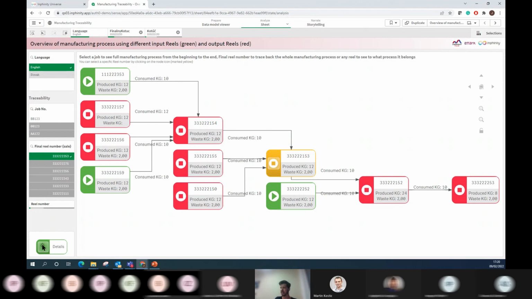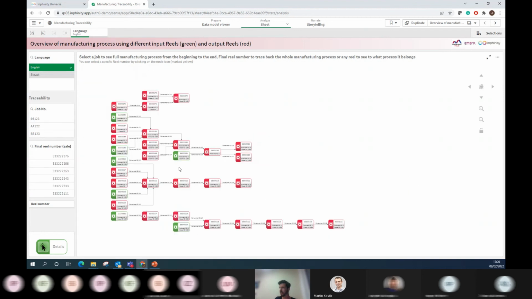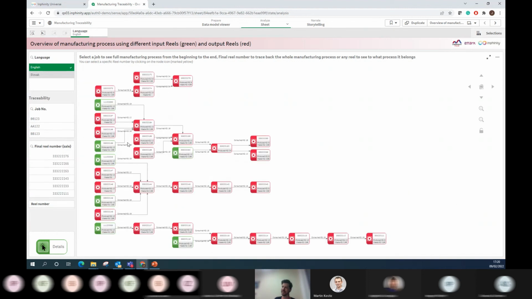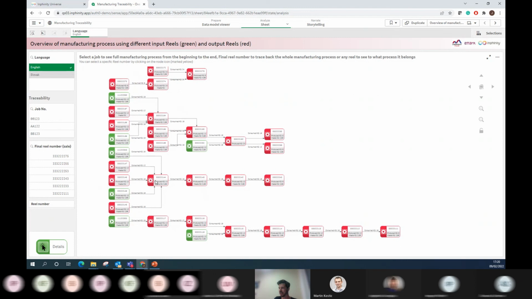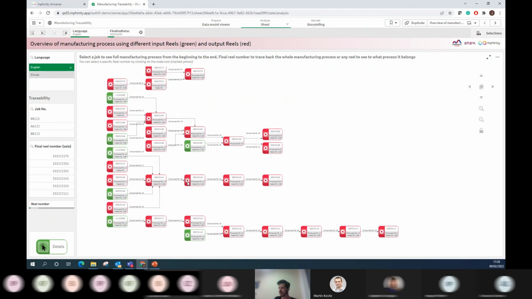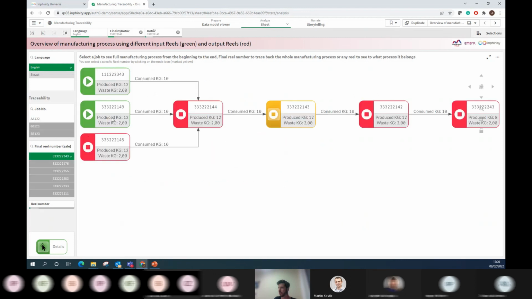What they decided to do is also, I can show you again, in this very complex process, which in reality is even more complex as this is only a demo, you can just go whenever you're interested in understanding, click on the selected node, and you will get all the related parts of the process and start visualizing the information.